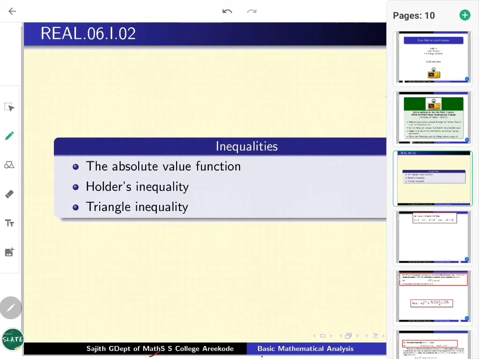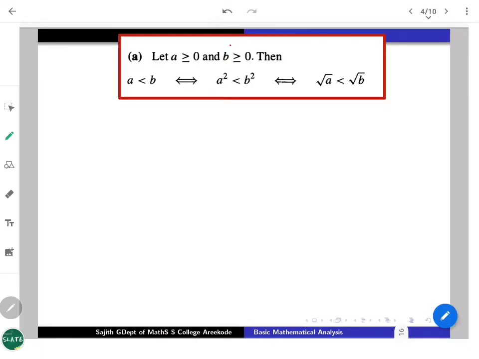So for non-negative A and B, A is less than B, and once that condition holds, the second one also holds, equal to a third. See, let us assume that both are given to be non-negative. So A is greater than or equal to 0 as well as B is greater than or equal to 0. Actually, the condition A greater than or equal to 0 means either A is strictly greater than 0 or equal to 0. Similarly for B.